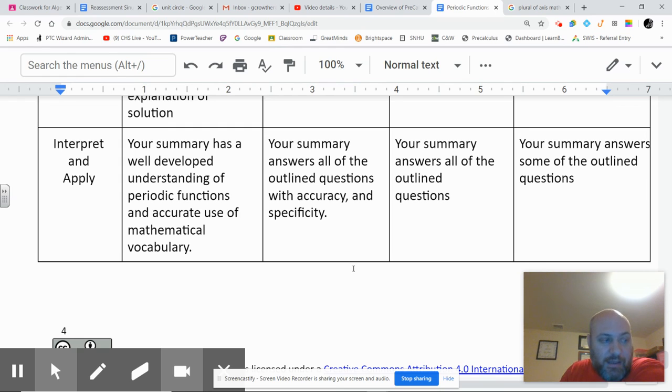So that's it. That's what we're looking for. Remember, if you're doing a slideshow with any presentation, we're looking at bullets, and then your voice is filling in those bullets. We don't want to see slideshows with paragraphs written and you're just reading from the screen. Again, if there are any technology issues, feel free to reach out to us. We just want to try and hear your voices one last time and make sure that we understand what you're talking about rather than having us infer based on your slides what you mean.